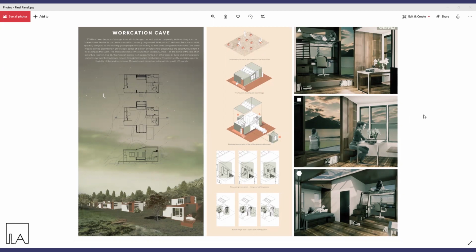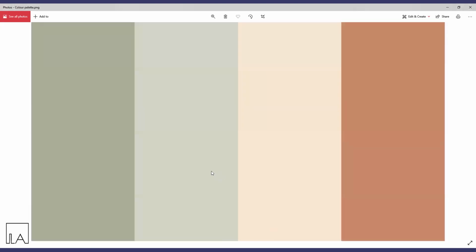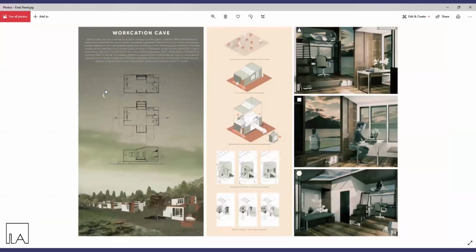So to start things off, it's also very important to have a color scheme and stick to it. So the color scheme that we used was the one over here, as you can see. It's an array of just pastel colors. And the reason why we like to stick to pastel colors is because it exudes a certain sense of warmth and at the same time does not overburden your panel with way too many colors. Now, these colors are largely what's reinforced in this panel, as you can see.